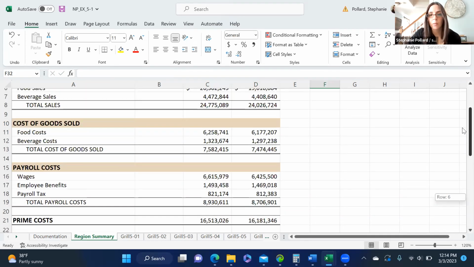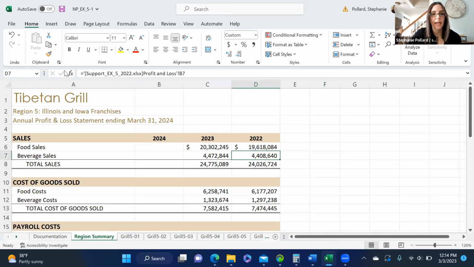But when you look here, you will see now if you select it, it'll tell you exactly which workbook it came from, the sheet and the cell. So you have that reference there. The nice thing as well that's helpful is if the workbooks are all open together, if I update one of the other workbooks, it will update here as well. So notice here, let's look at 2023. It says